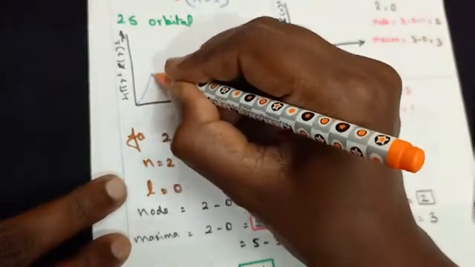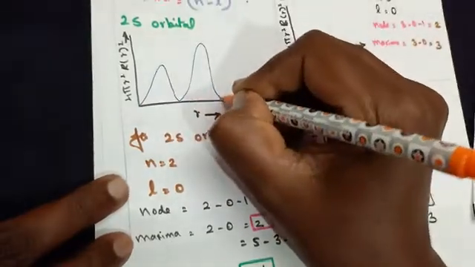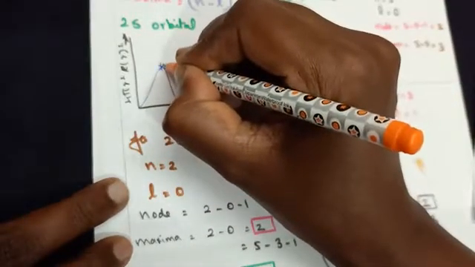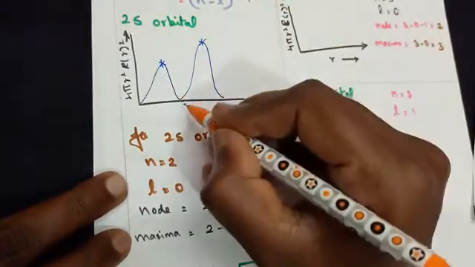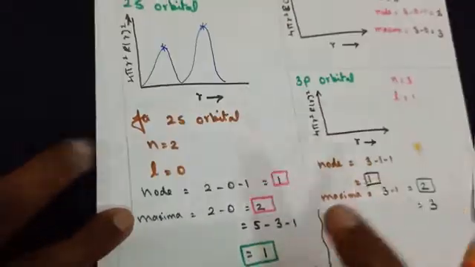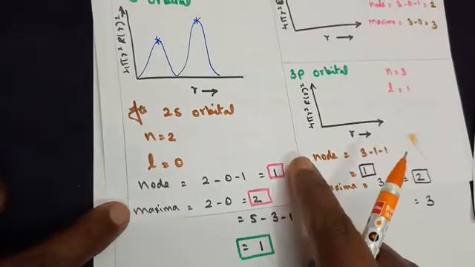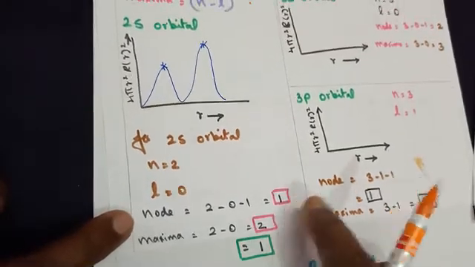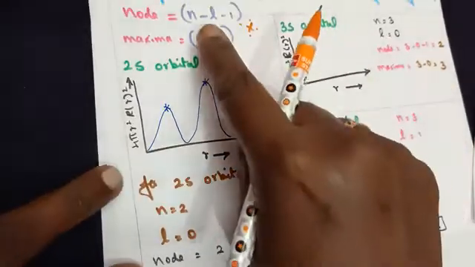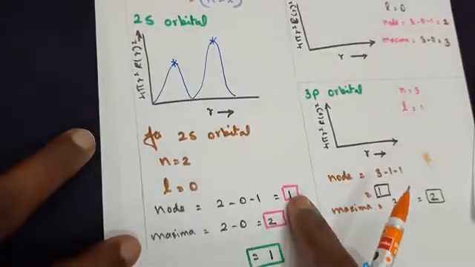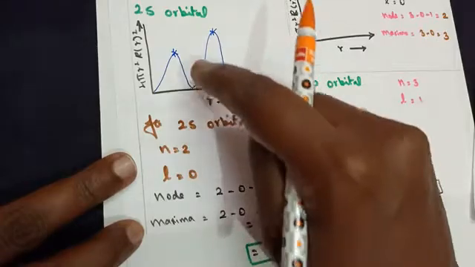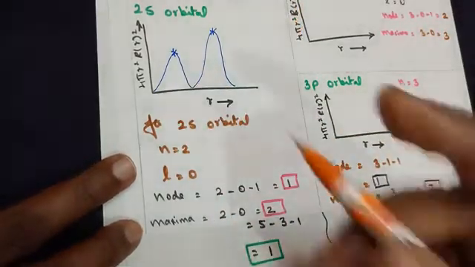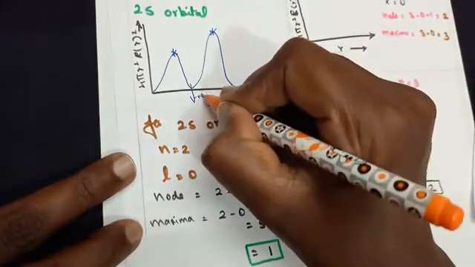Based on the peaks, the maxima, you draw the diagram. So you need to have 2 peaks. 1, 2 here. This is one maxima for me, and this is another maxima. Between two maxima, how many nodes have I got? Only one. Can you look at the calculations? Such an easy graphical representation. Remember the formula, substitute it, draw the peaks for the maxima. Naturally, you will get the number of nodes here. So this stands for the node.